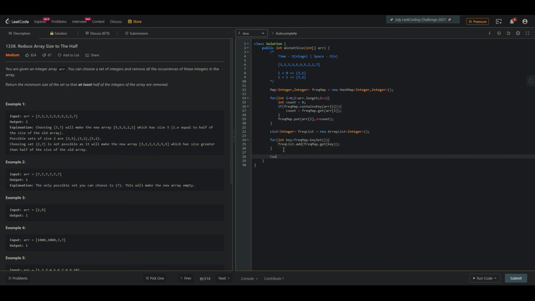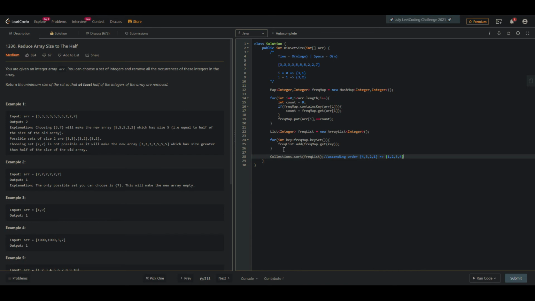Now I'll be using the default sort method on freq list. So I think this will be sorting it into ascending order. Our initial list was 4 3 2 1, and that will turn out to be 1 2 3 4.